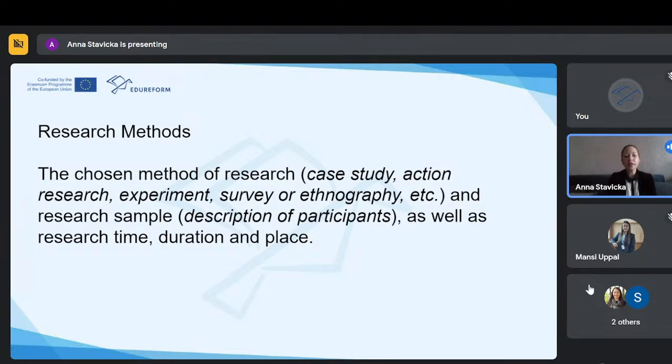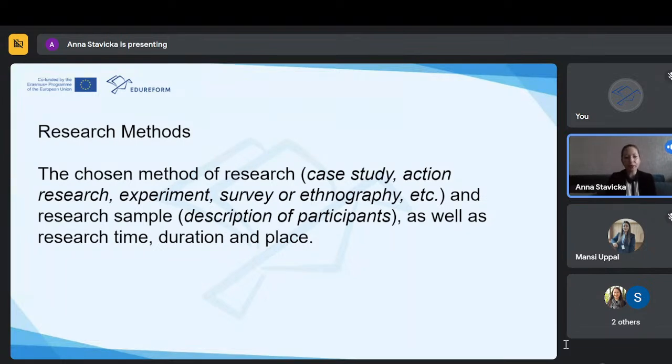For instance, here in Latvia, if we talk about teacher education, these are generally the big research methods we introduce: case studies, action research, experiments, survey or ethnography, also phenomenology, etc. Due to limited time, I will not go into deep detail, but you understand what our path is,